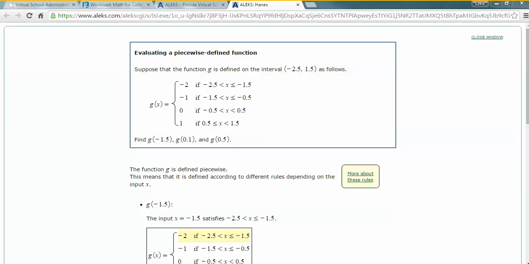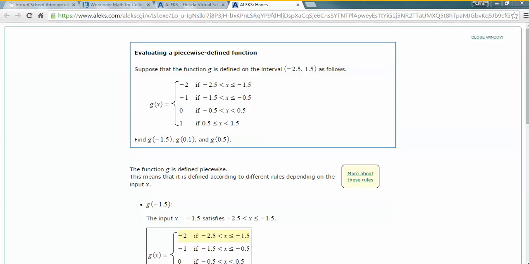So the first thing I want you to think about here is these numbers over here on the left: the -2, the -1, the 0, and 1. What I like to call that is the output. Essentially, this is the output you're going to get if you plug something into one of these inequalities. So let's look at this first one together. Find g of